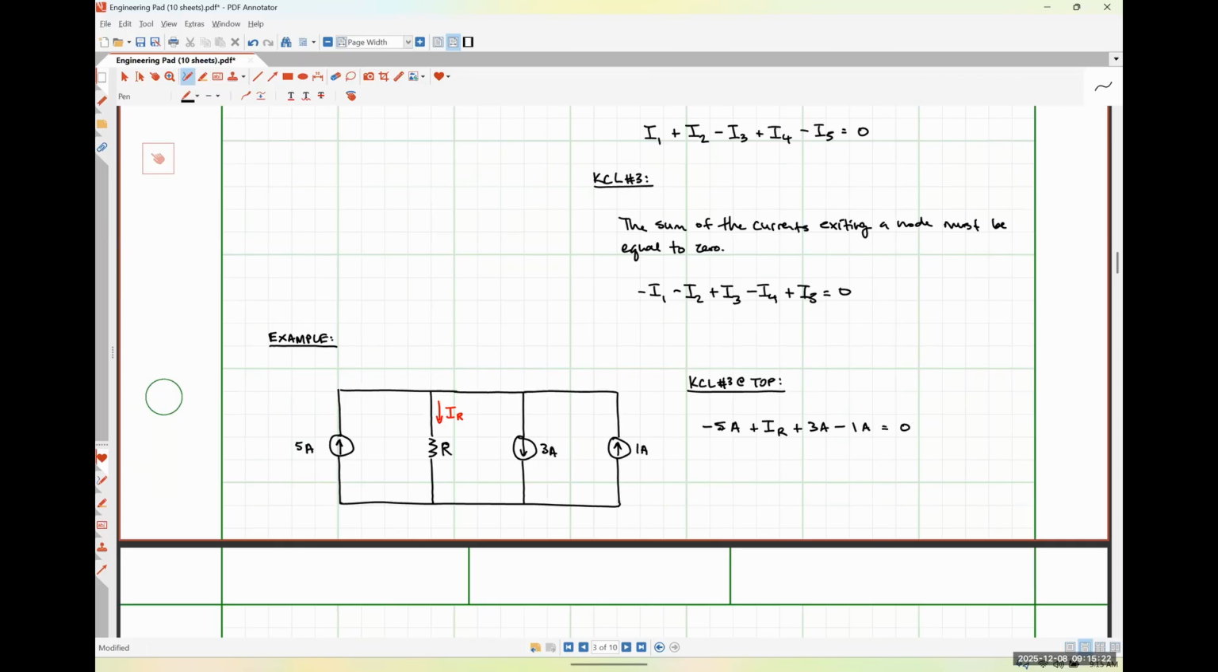We could rearrange this very easily and say that IR is going to be 5 amps minus 3 amps plus 1 amp. So 5 minus 3 is 2, 2 plus 1 is 3. So there is a net current of 3 amps flowing down